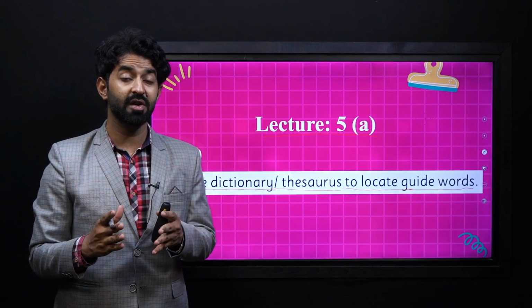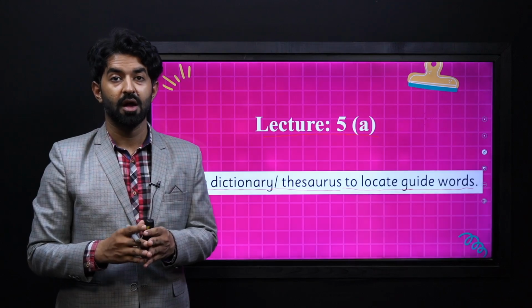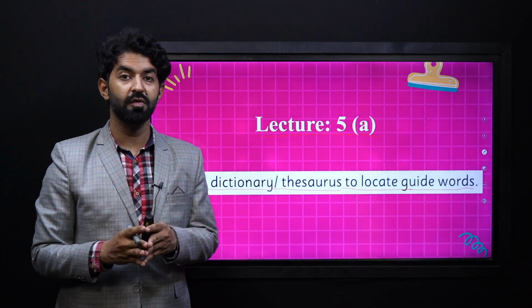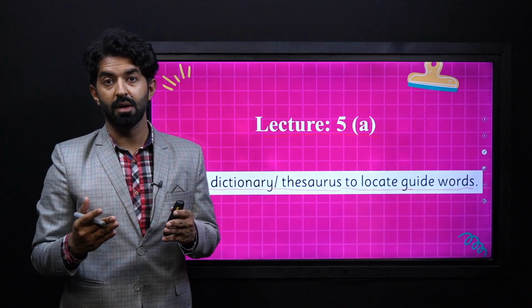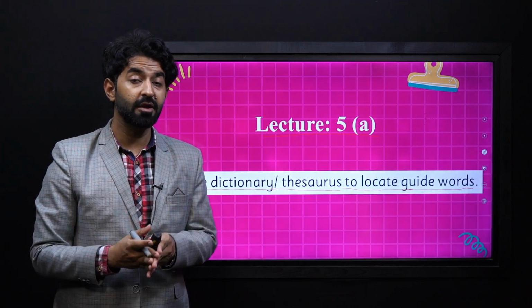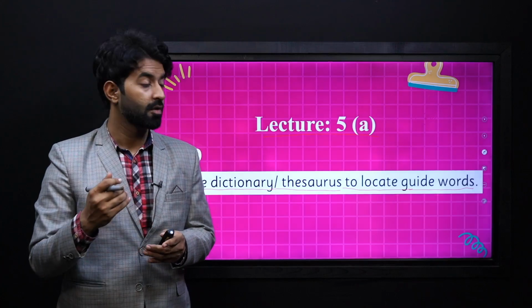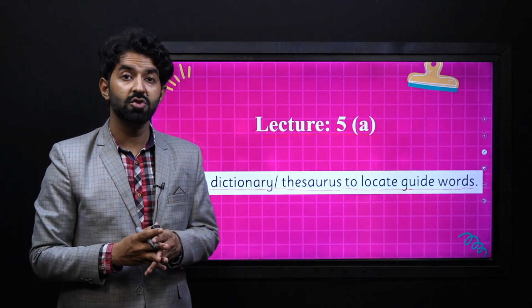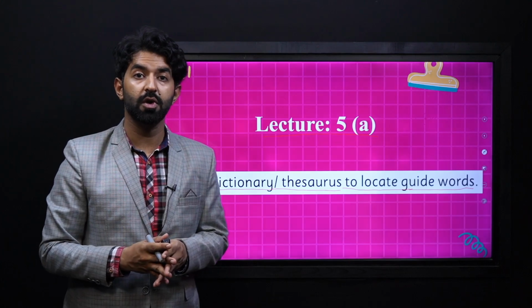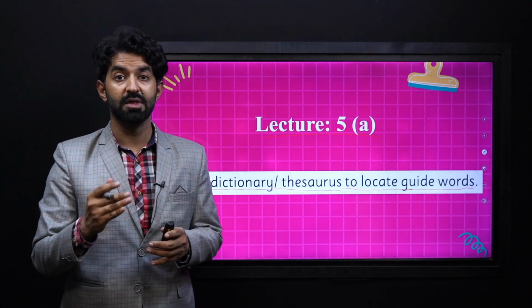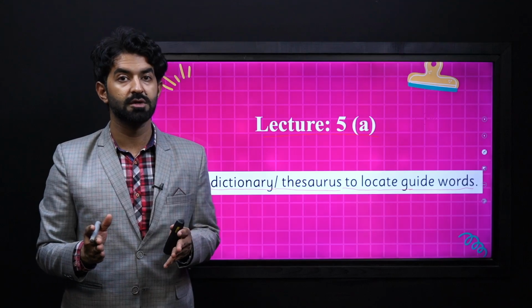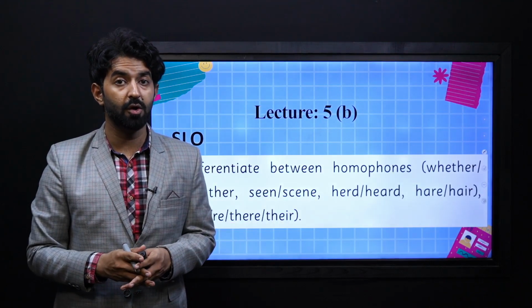Now specifically we will be looking at how do we identify and how do we get benefit, and how do we actually quickly go through the word that we are looking for with lesser time using the guide words. So this will be about that one.